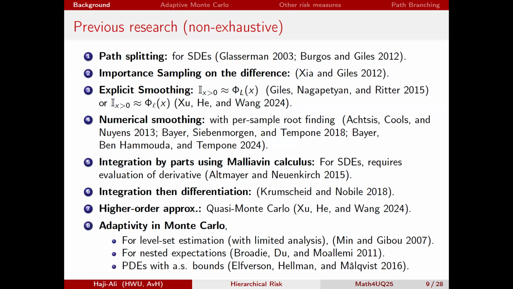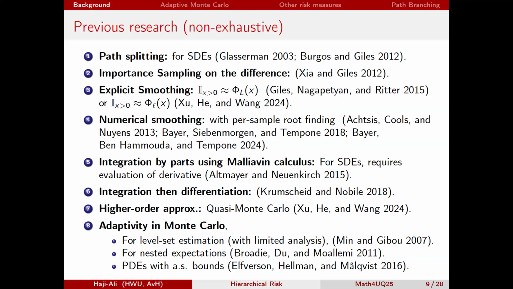Another approach that just gets around the problem completely is to use some higher order approximation. And if this is available, this probably is a good option. So for example, for nested expectation, you can use quasi-Monte Carlo. For SDEs, you can use Milstein. And what this essentially says is that beta over 2 becomes good enough, so you don't try to recover the higher order convergence, but because of the higher order method, you get something which has optimal complexity.